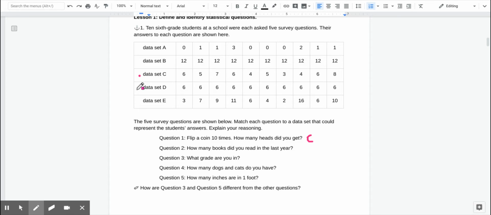Data set D says 6s all the way across, and again, I don't think it's very likely that they all will have read the same number of books. Data set E includes 3, and it goes all the way up to 16, 2 to 16. That seems like the best answer for this one, because it seems likely that some kids would have read only the books required in school, and other kids would have read a lot more. So I think data set E is the best candidate